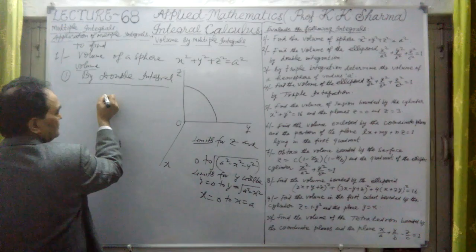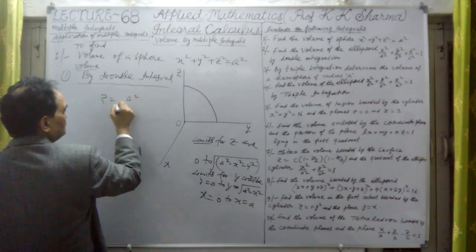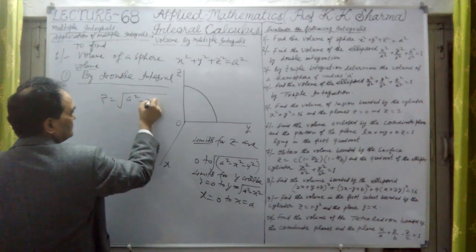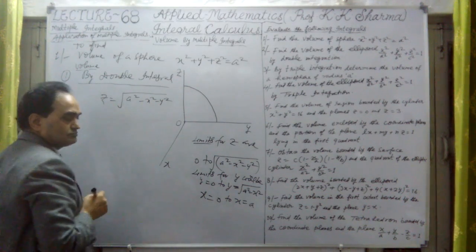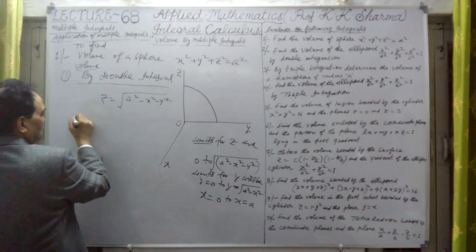What we have to do here? Here z is equal to the square root of a square minus x square minus y square. This is the value of z. Now we know that the volume